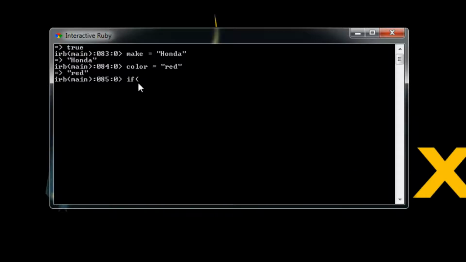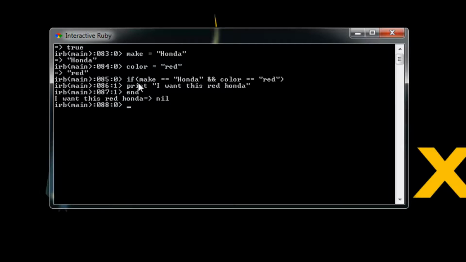We'll say if the make is equal to Honda, and, which is represented with 2 ampersands, color is equal to red. Alright, so closing parentheses. So we're saying if the make is Honda and the color is red, then we want to print I want this red Honda. And then we can end, and you can see it prints it out because it is in fact a Honda